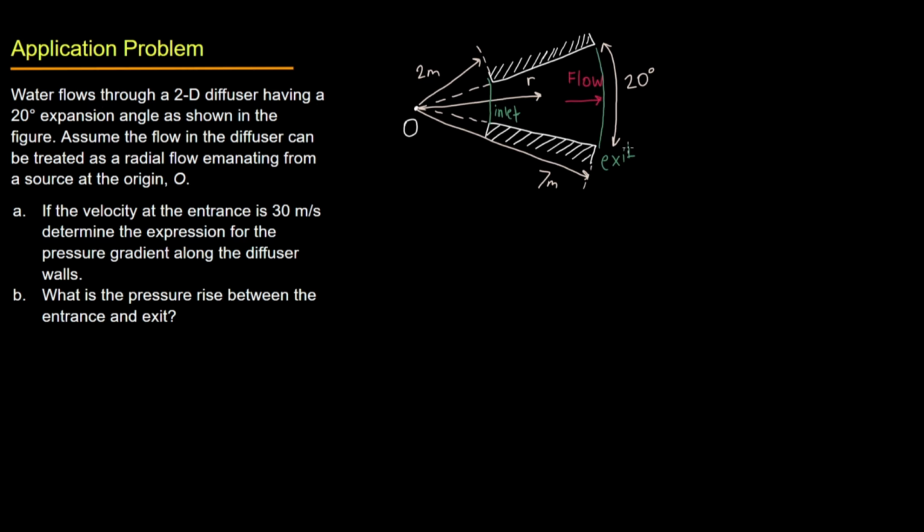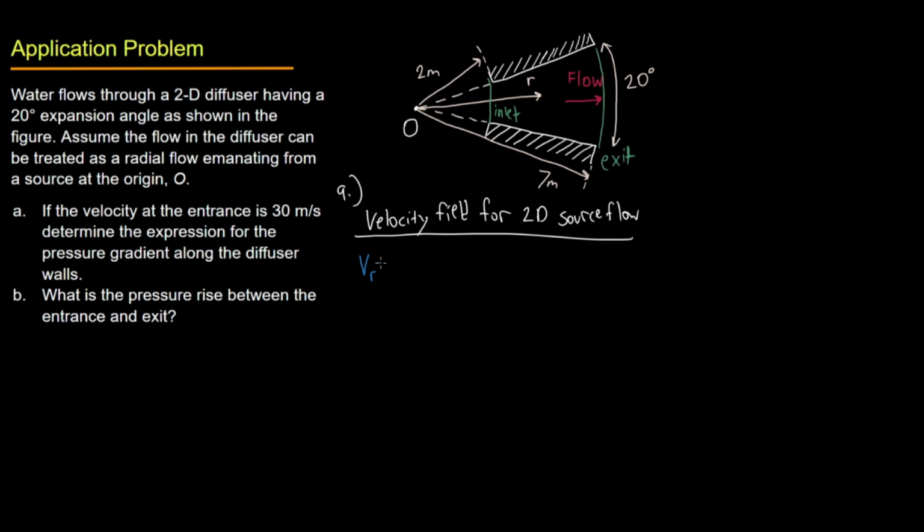All right. So first thing we want to do is recognize that this is a source. We're using a 2D source flow. And so we're going to need the velocity field equation for a 2D source flow. And what that looks like, and this is all for A, by the way, is this equation right here. I'm going to put it in blue so we don't forget it, because we're going to be referencing it